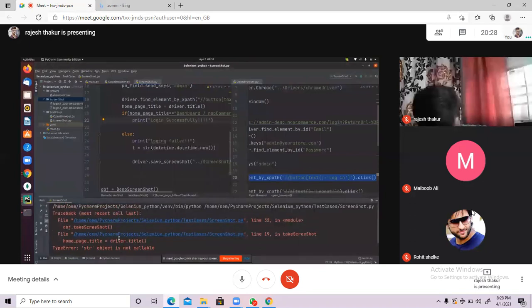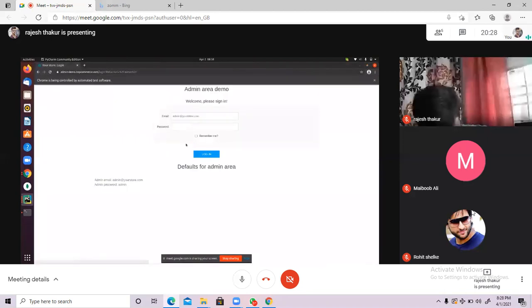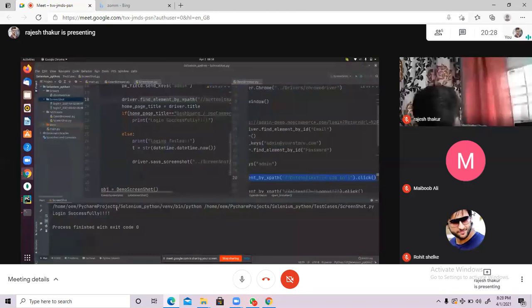Okay. What is it saying? Just a minute. Line number 19 is saying something. Okay. Make it something like this and run this once again. It launched the browser, passed the URL, and this. It's going to be login. And yes, now login successful. Why? Because the title got matched.